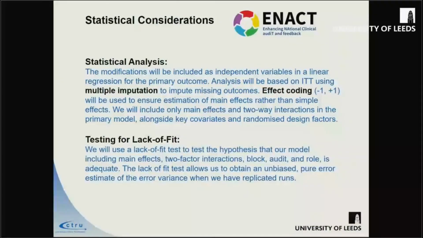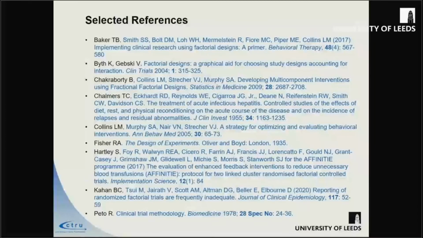However, we will also include a test for lack of fit, which will allow us in an omnibus way to work out whether there are any 3-way, 4-way or 5-way interactions that were important that we missed in our main analysis, and that allows us to do that in a fairly simple way. And if we were to find that there is a lack of fit, then we would go in and put in our 3-way interactions and our 4-way interactions, etc., and work those through.